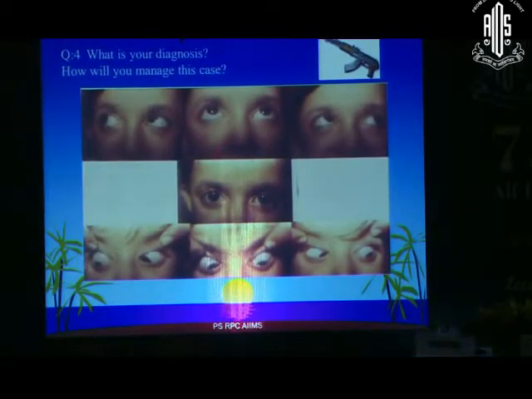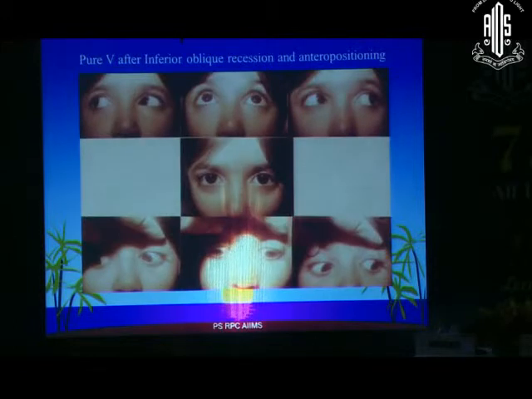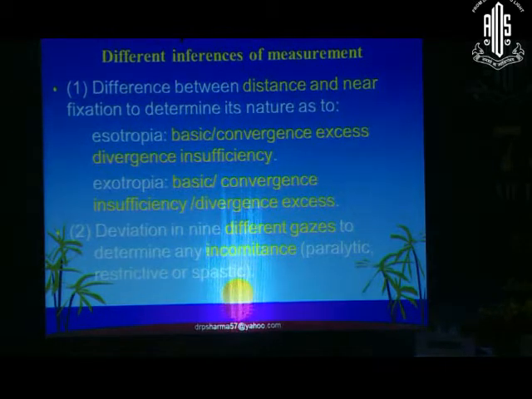Now this child had a bilateral inferior oblique overaction, and there was a V, ESO in down gaze, exo in up gaze, ortho in primary position. So no horizontal deviations to be tackled. Only the inferior obliques are being tackled, and you have straightening of the eyes in up, down ESO is also corrected, as well as the hypertropia is corrected. So all the gazes can be corrected.